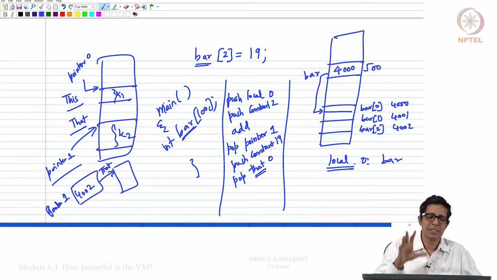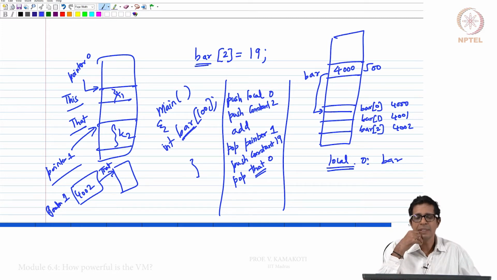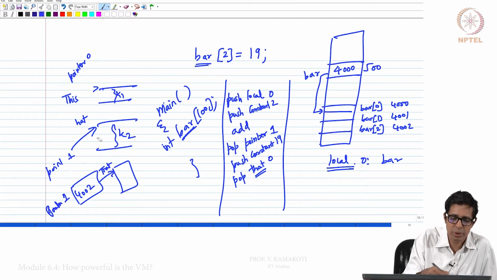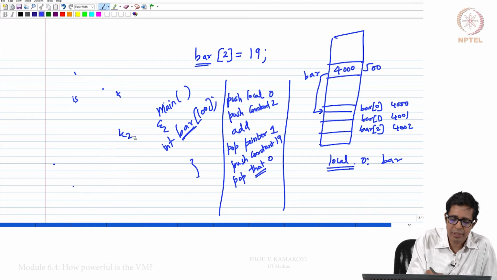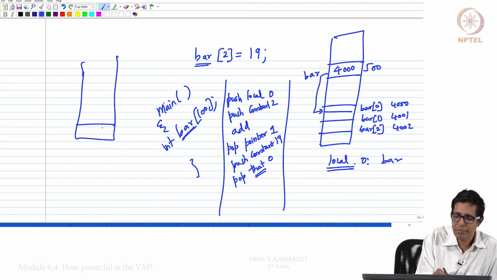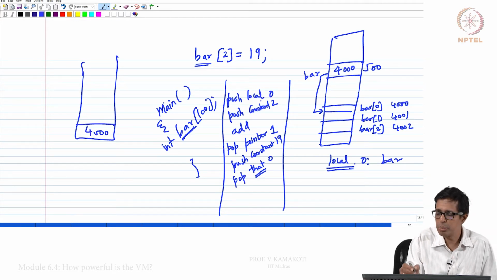So, what I have done: this is a main routine, I have int bar 100. Bar is the first local variable, the 0th local variable, which is stored in the local segment at index 0. Now, I want to make bar 2 as 19. Local 0 has the address of the start of bar, in this case 4000. Now, I push that address into the stack. Let me show you the stack so that we have a good understanding. In the stack I will have 4000 because of push local 0.